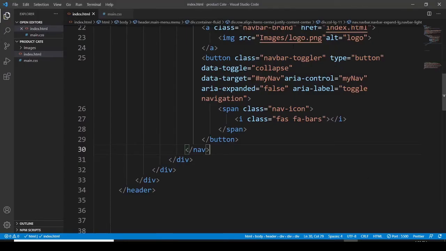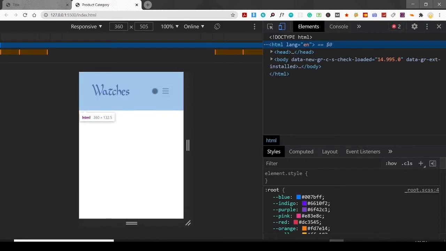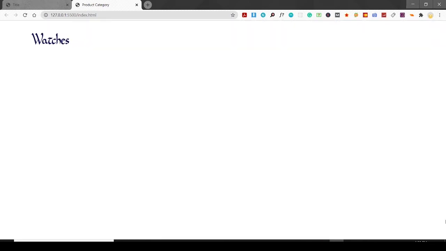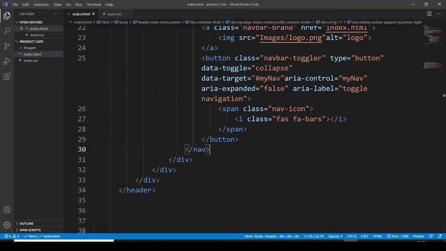So here is the logo image. This is what I've created using a font. It's an image as I've shown you here. You can see logo.png. So not this one, sorry, this one. Now let me show you another thing, which is from the Font Awesome icon, the navbar bars, for this hamburger menu. So let's move on to